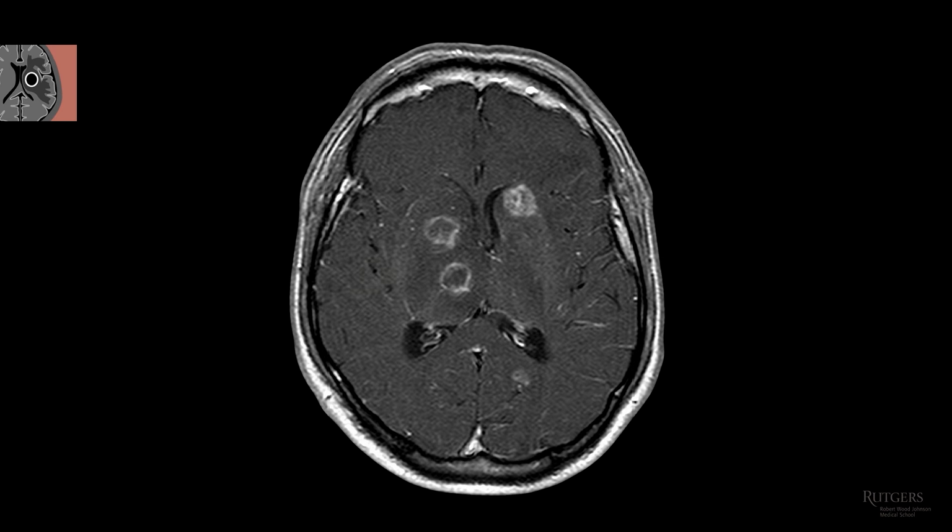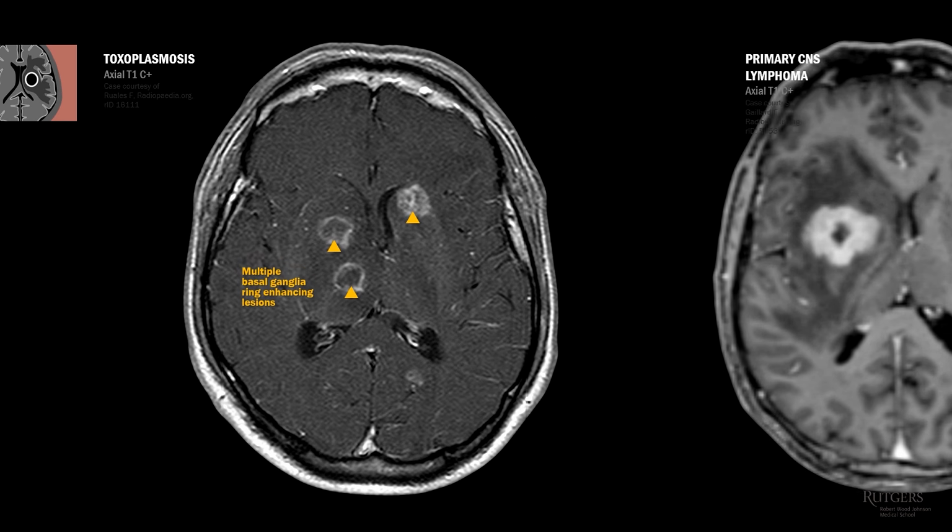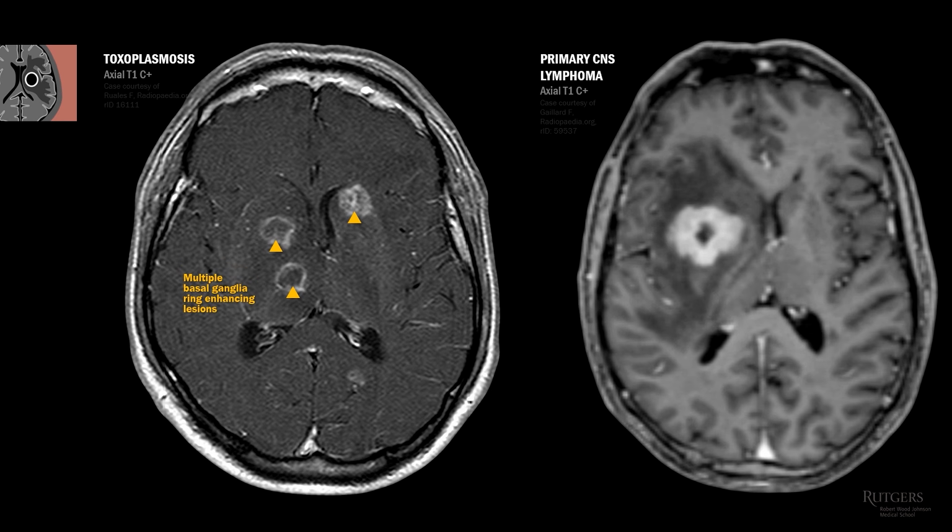Moving right along. Multiple ring-enhancing lesions with predilection for basal ganglia. What if I told you that this patient has HIV? This is toxoplasmosis, and you will often be asked to differentiate from another very similar lesion that occurs in this patient population, CNS lymphoma. Can you spot the difference? There's a large, solitary ring-enhancing mass of lymphoma as opposed to numerous small ring-enhancing lesions of toxoplasmosis. The lymphomatous lesion is in the basal ganglia in this case, but it doesn't have to be. And in general, it's much more difficult to distinguish the two pathologies.